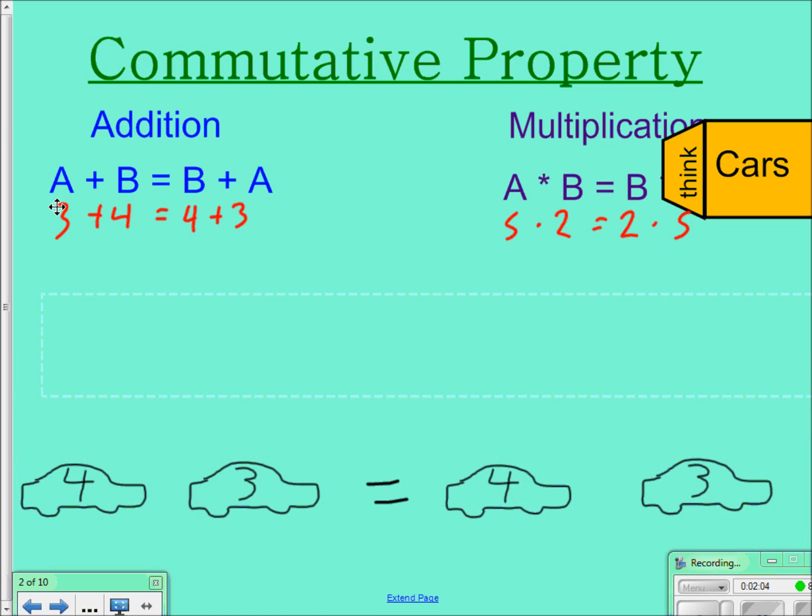So we have some sets of cars down here. In the one car, we have 4 people. In the car in front of it here, we have 3 people. If I add those two together, that'd be a total of 7 people. Now, if the car with 4 people moves ahead,